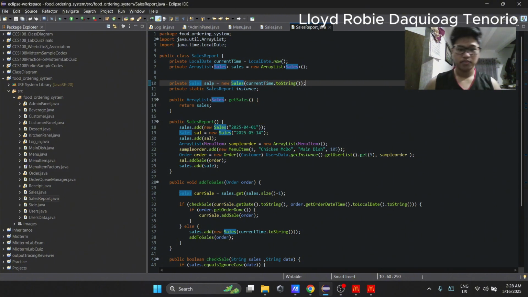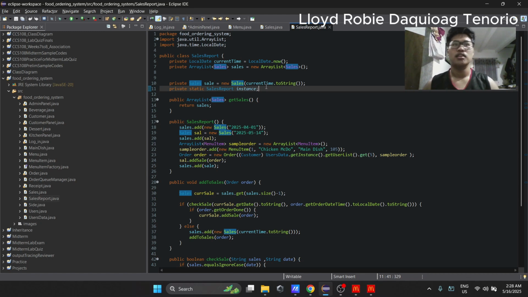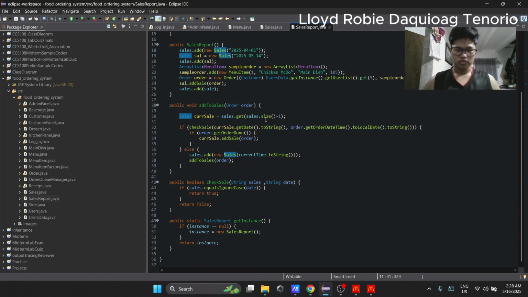Next, we have the private static SalesReport instance. Basically, this is a singleton pattern that will enable this class to run without being instantiated. This means that we don't need to have SalesReport equals new SalesReport. To achieve that, we have the public static SalesReport getInstance.